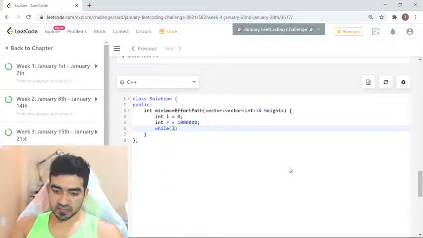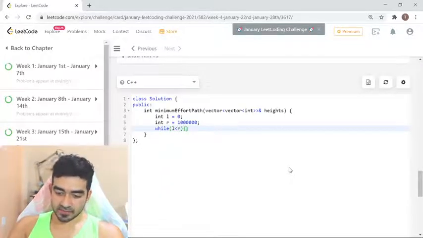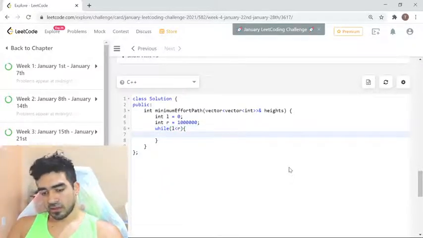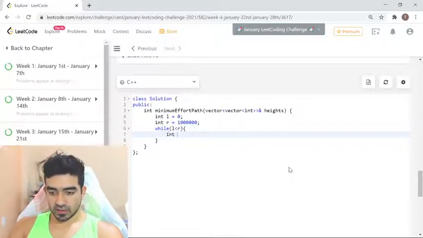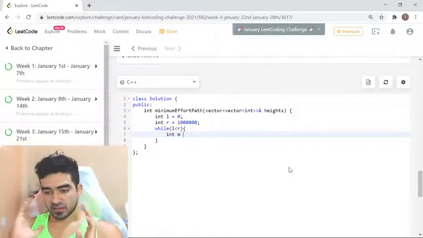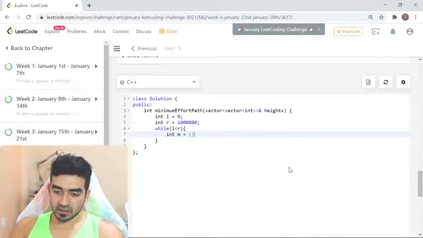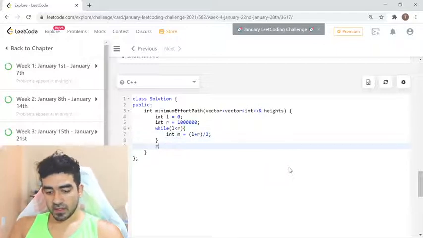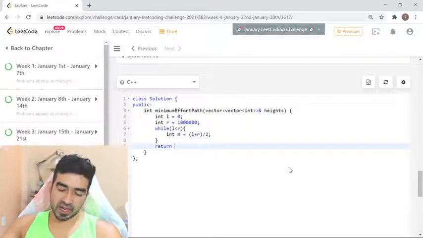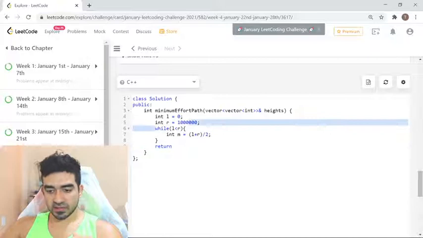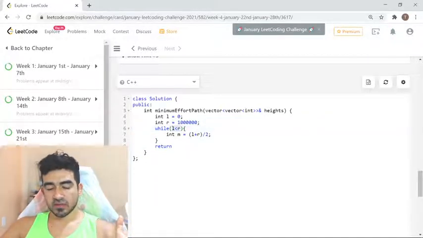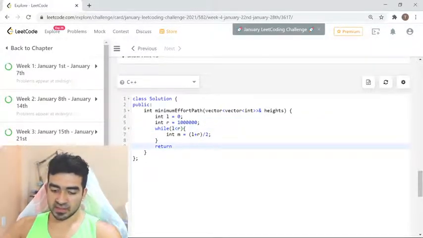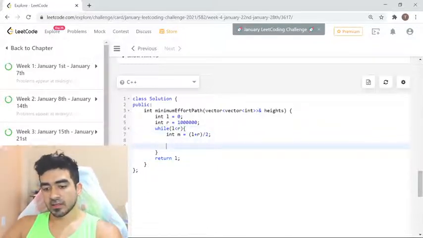while left is less than right, I will search in the middle. The middle is equal to left plus right divided by 2, and after the search, the left will be equal to right, then return left or right. Okay,